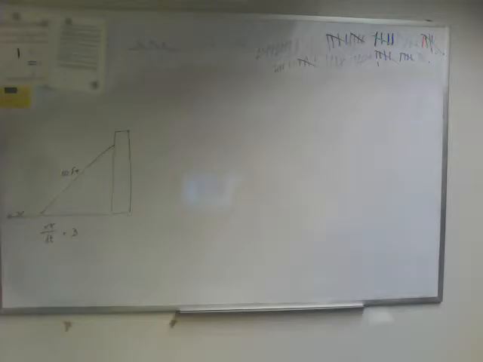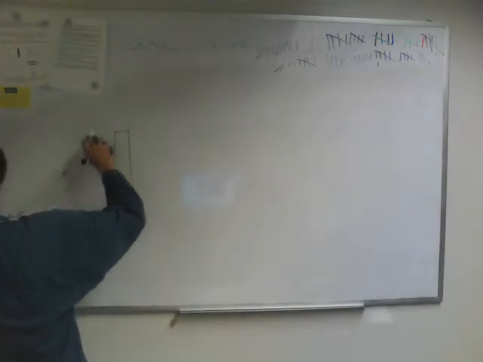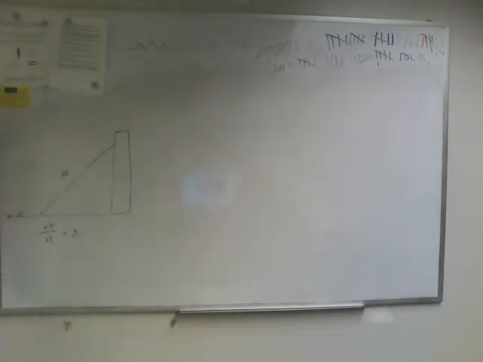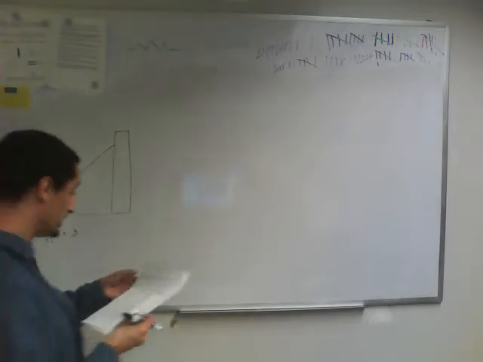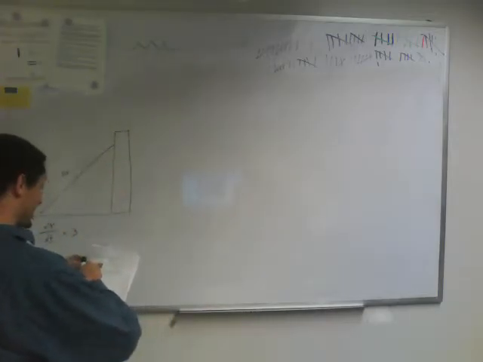I'm just going to ignore the units here because it's not important. We're not going to have to change units or anything like that. The units are all going to be consistent regardless. So they want us to find the rate of change of the height of the top of the ladder above the ground at the instant when the base of the ladder is 30 feet from the base